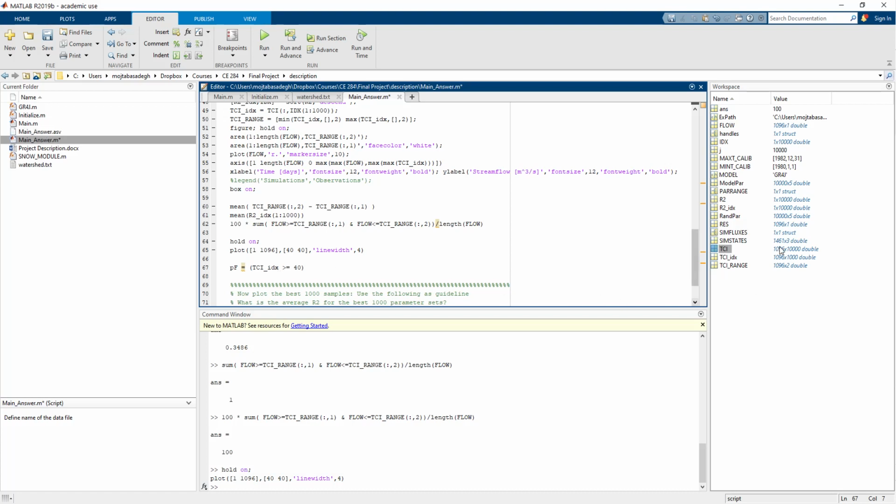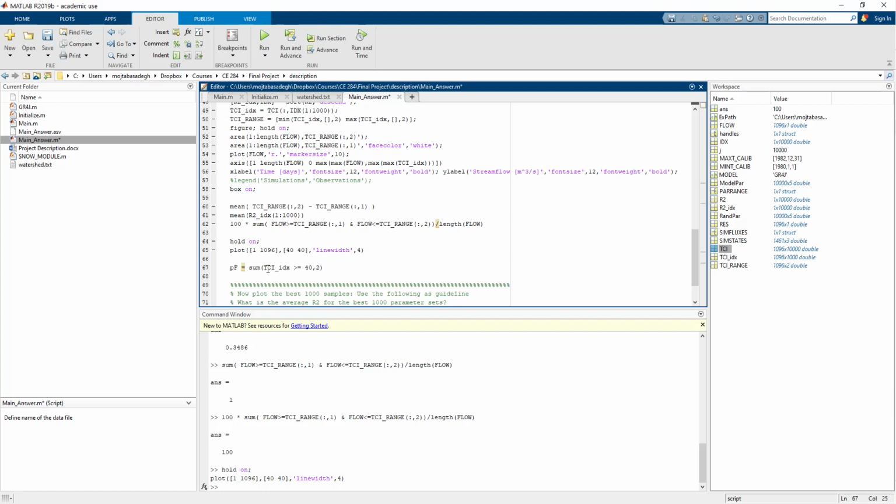Then, as you know, days are rows and simulations are columns. So for each row, we want to know how many of our simulations are above 40. Basically, we need to add them up row-wise. So sum of TCI, because we have zeros or ones. If it is 0, then 0 plus 0 is 0. That's all right. If it is 1, it means that we are above 40. So we want to keep adding to that. So 1 plus 0 plus 1 plus 0 plus 0 plus 0. It tells us at the end of the day for each line how many simulations are above